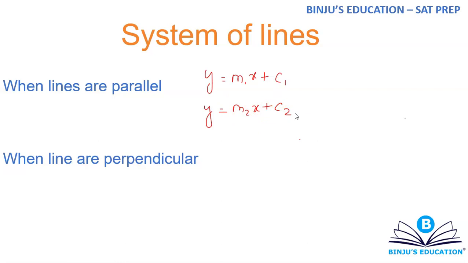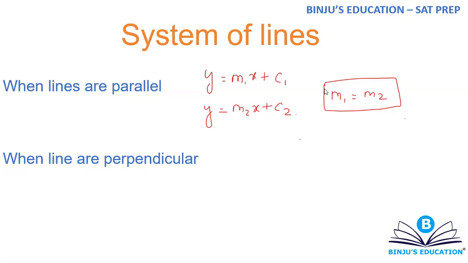If the lines are parallel, observe it this way, they're going to have the same angle with x-axis. That is what is meant by the term parallel. If they have the same angle, they're going to have the same tan theta. If they have the same tan theta, their slopes will automatically be equal. So if m1x plus c1 is one line and m2x plus c2 is the other line, and if the 2 lines are parallel, then m1 is equal to m2. The slopes are equal.